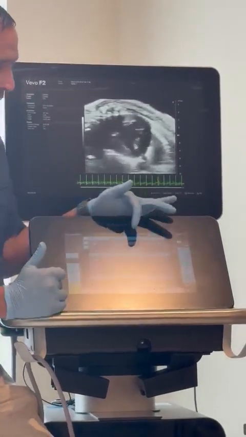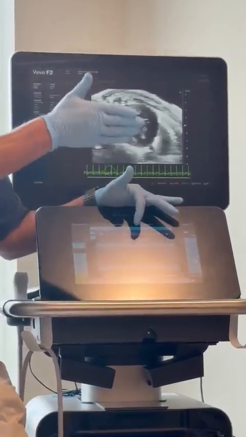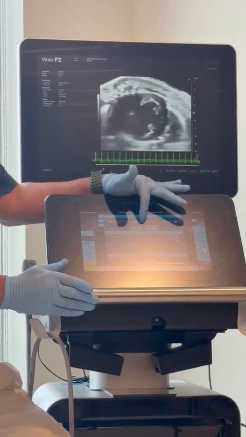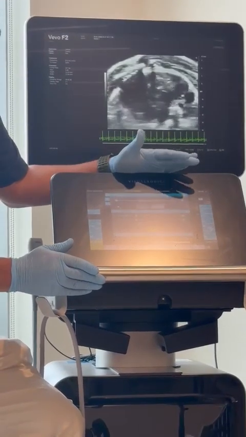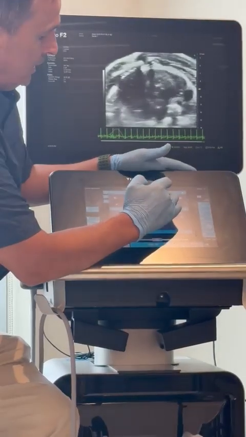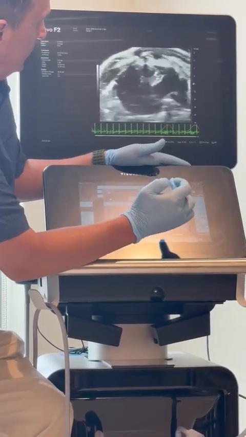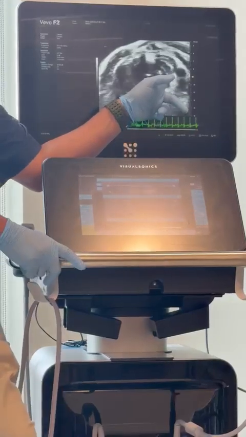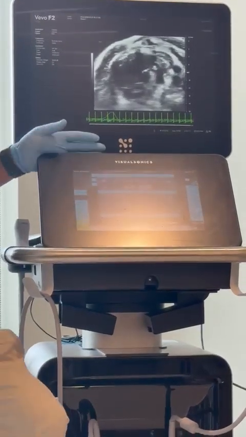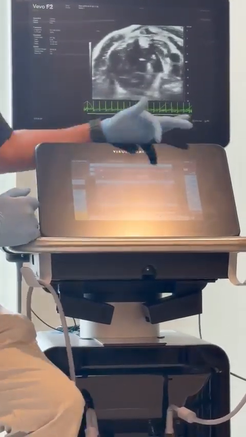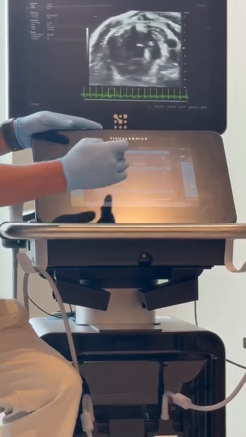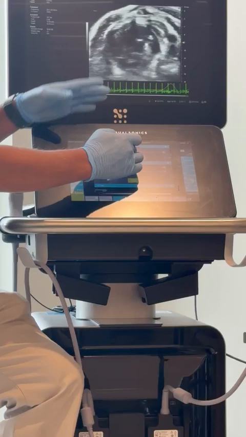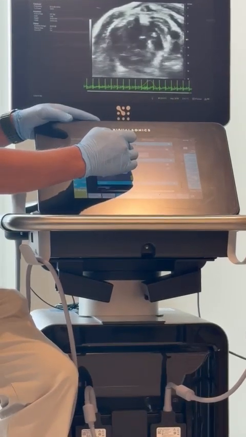So I'm just going to click, there's a 0.00, that is the position of the transducer now. So I'm going to click on that and slide towards the head. I went about 3.5 millimeters. We're going to go a little further. This is our pulmonary artery, so I know I'm all the way at the base of the heart. I've already passed everything. So all I'm going to do now is click on this stop and bring it back to that position. I'm going to click on the position of the motor, which is 5.4, and come back